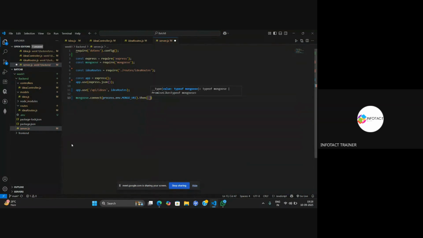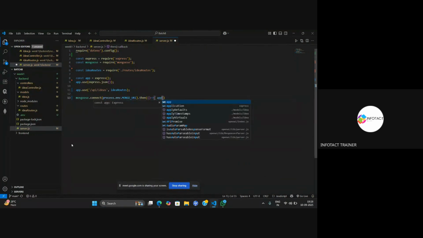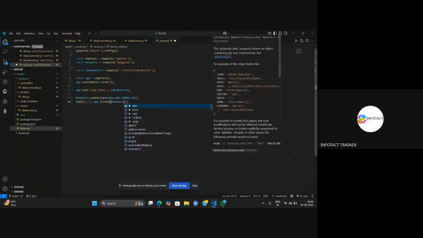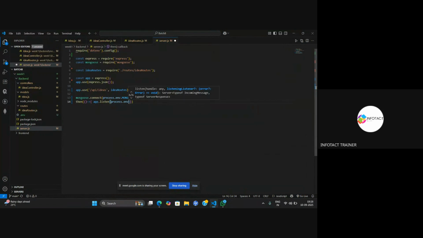If the connection is successful, then it will provide us with the app.listen method. Inside this, I will provide the port number. So here I will take process.env.PORT, followed by